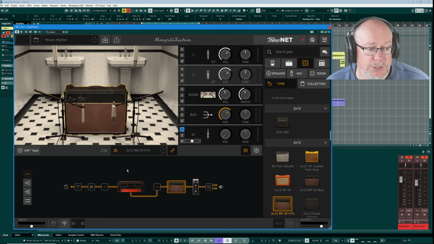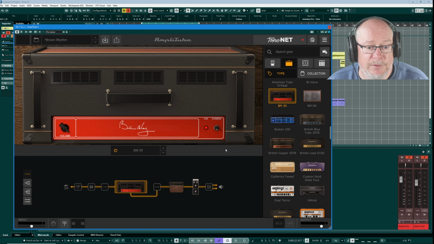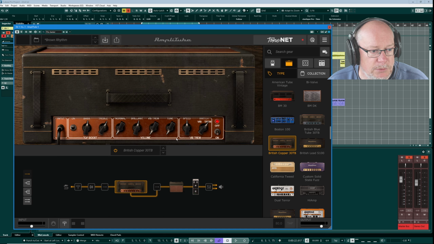The final thing that I'm going to show you today is how to save core models so that when you want to load something up, let's deal with an amp, for example, get something with some controls on. So let's say I like this British Copper amp, and the settings that I like have this vibrato control at 9 o'clock. I can save this amplifier model with those settings as its own preset. If I right click on the model and say save model preset,